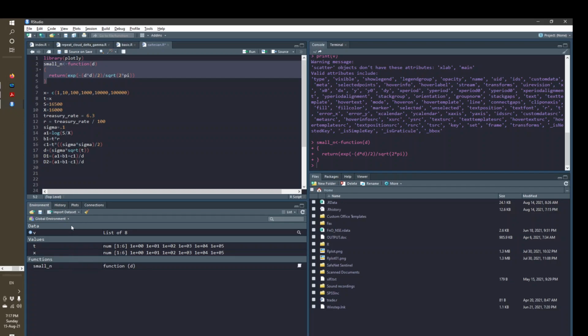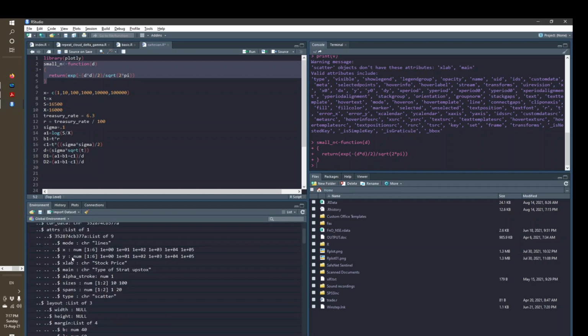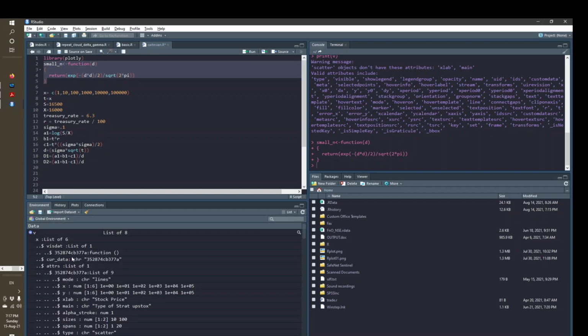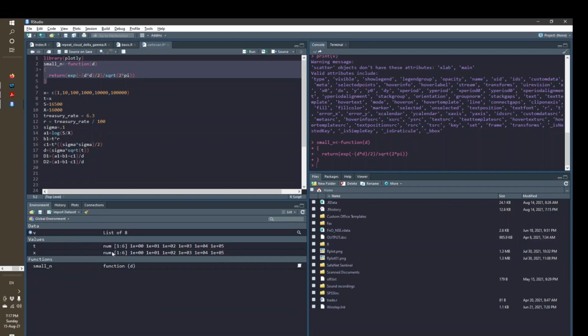Okay, just like you can see the details, whatever is stored inside this. Okay, so in this way you can see multiple things in the environment. You can also have other things also.